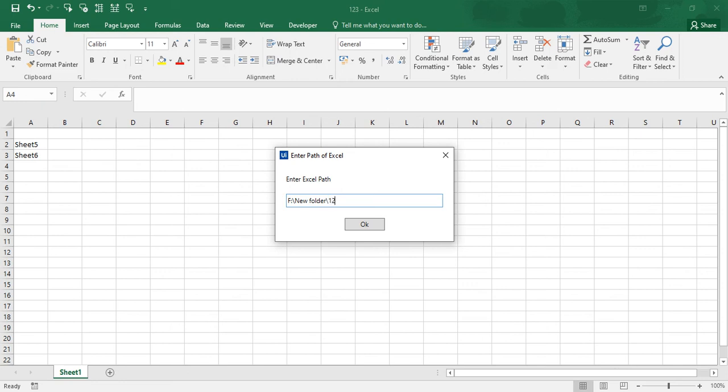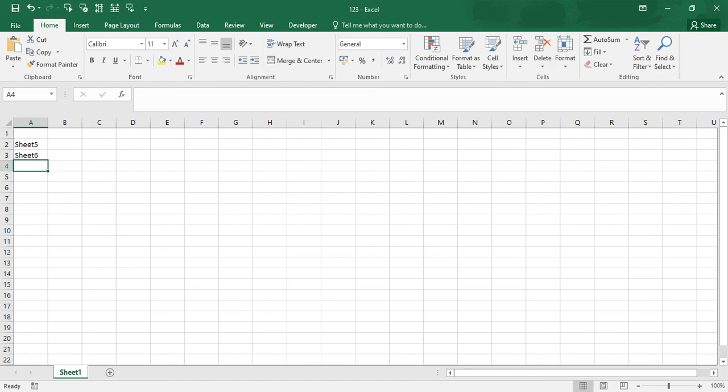So I am passing 123 excel.excel, and here if I click the Ctrl+left button on the sheet name, I mean on this cell, the bot is going to create the sheet name based on the value sheet 6. Just a second guys, the bot is going to fetch, and let me run.